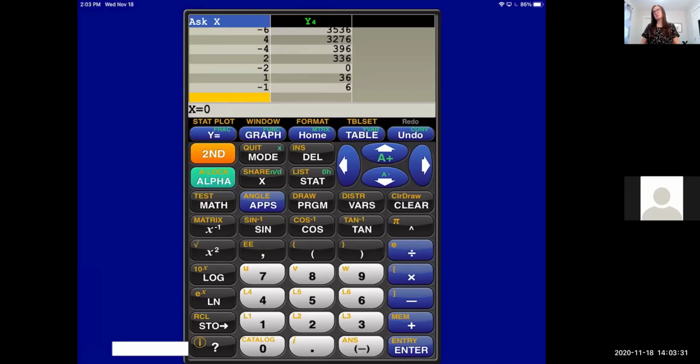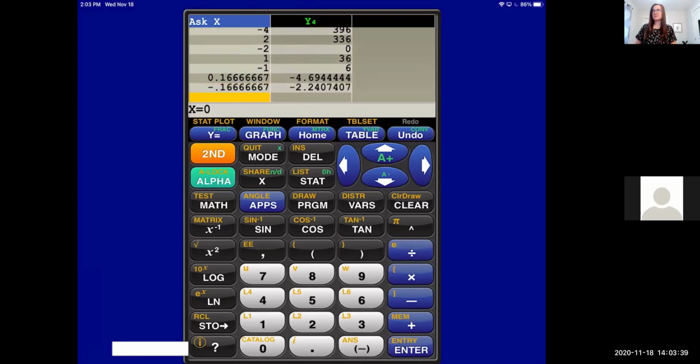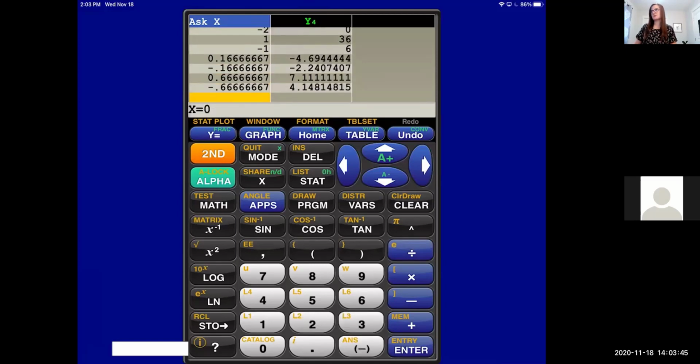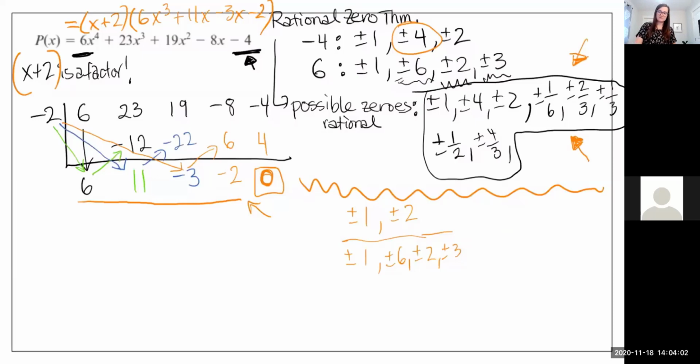Okay, so none of our whole numbers work, so we're into our fractions. So possibly 1/6, -1/6, 2/3, -2/3. And again, you're just searching, right? Yay! It's like you win the lottery. Look at that, it's giving you a 0. So -1/3 is a possibility, which means that